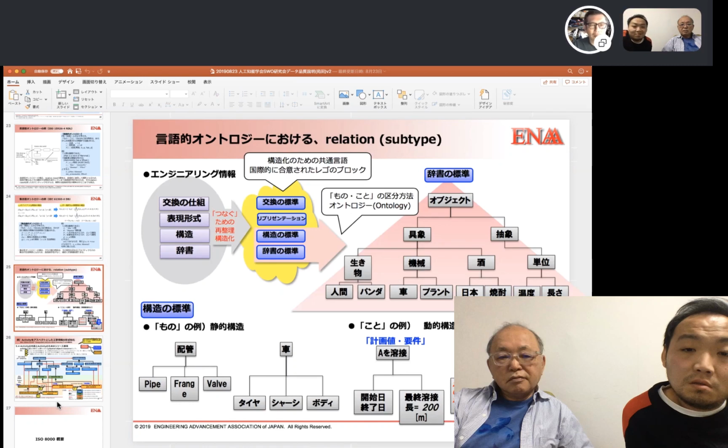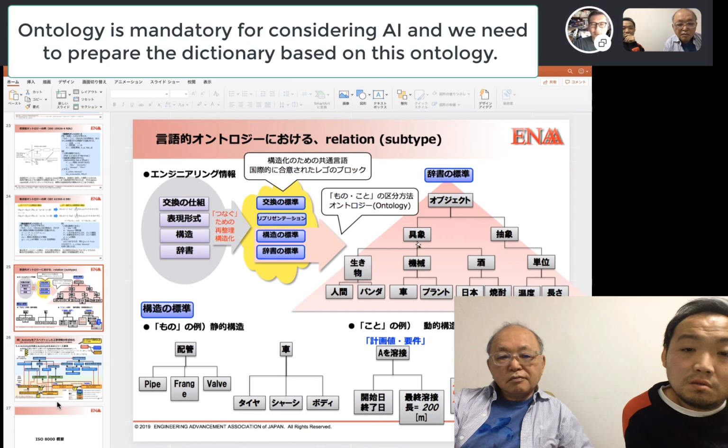So as I said, we should have 4 components, but we have to start from a dictionary. For example, if we look around the real world, anything consists of subparts. And in the class we have a classification. For example, the panda and the human beings are creatures. But a creature is also a subclass of some